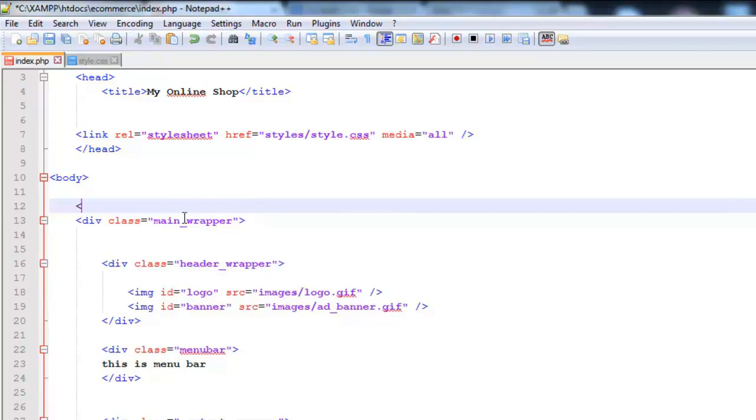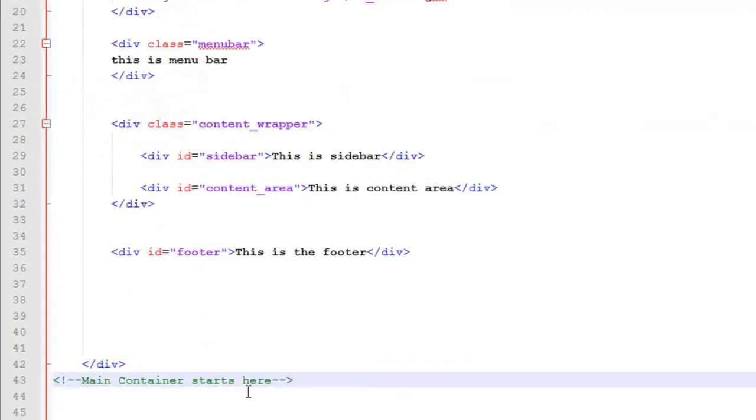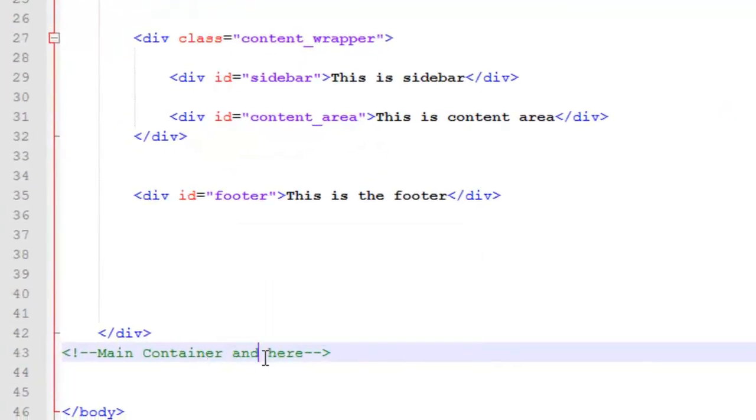So in HTML you can insert the comments very simply, by adding a less than sign and then an exclamation sign, and after that 2 dashes, and then write a comment. So I will say main container or main wrapper starts from here, and then we'll say start from here, main container. Just will copy this comment and put it just below here. We'll say that main container ends here,